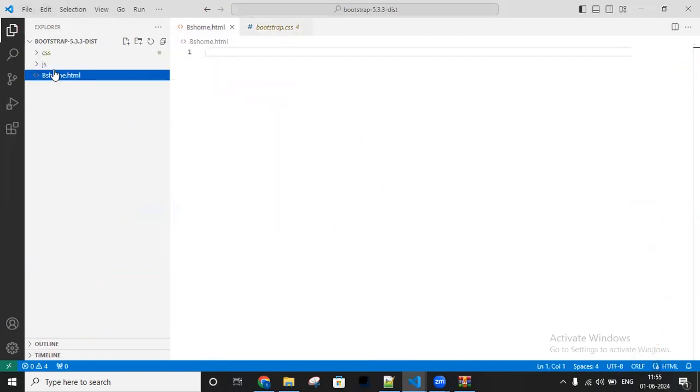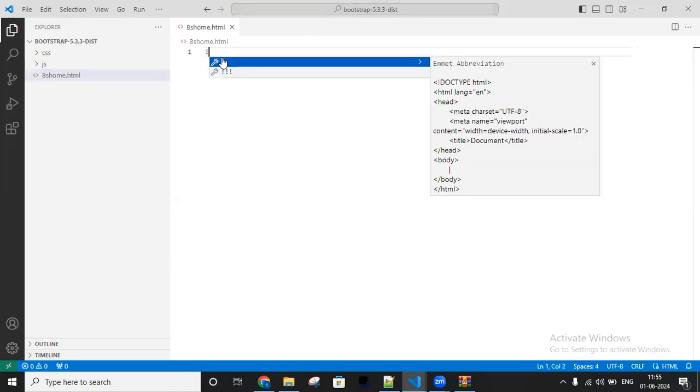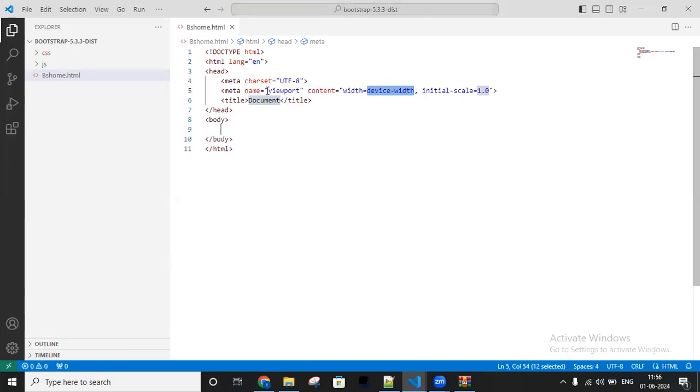Now we have downloaded Bootstrap, and we can open it in the code editor, and first we set the bootstrap link. How do we set this bootstrap link here? I'll create one new file here, named bs home.html. Now I'll create one HTML program. Just click on this, and here